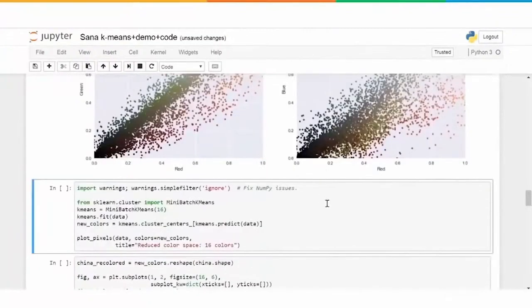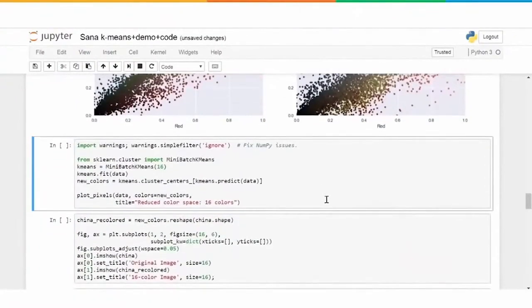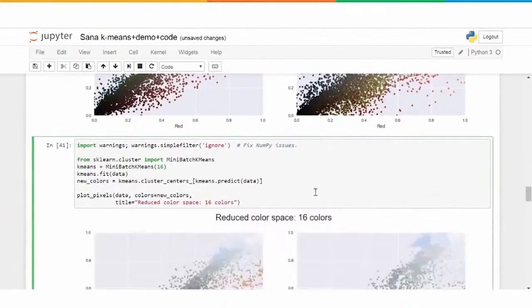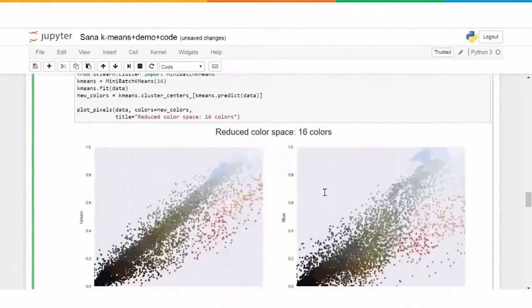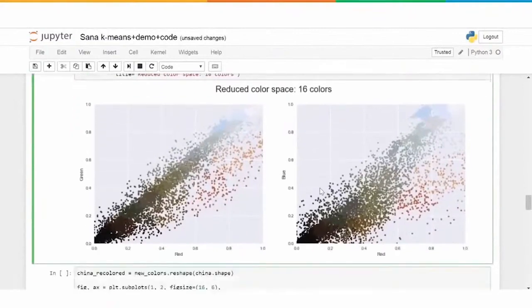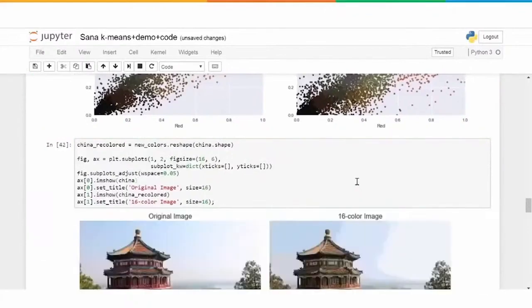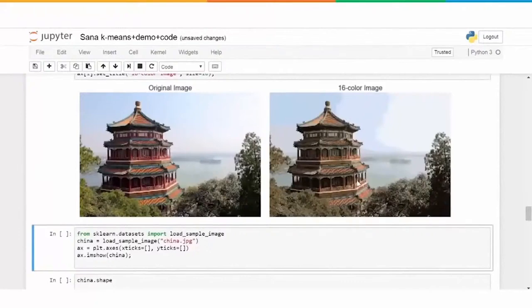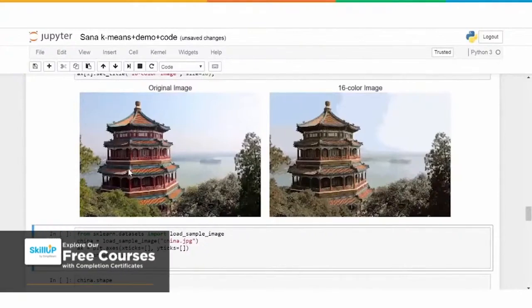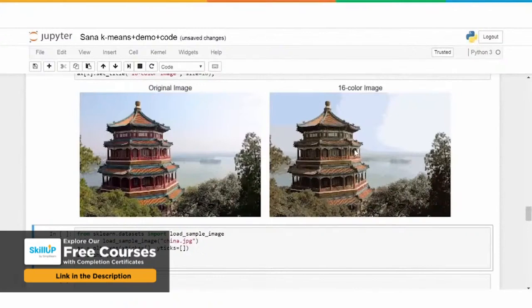And now we can create the clusters out of this. The 16 k-means clusters we will create. So this is how the distribution of the pixels would look with 16 colors. And then we go ahead and apply this and visualize how it is looking with just the new 16 colors. So once again, as you can see, this looks much richer in color,